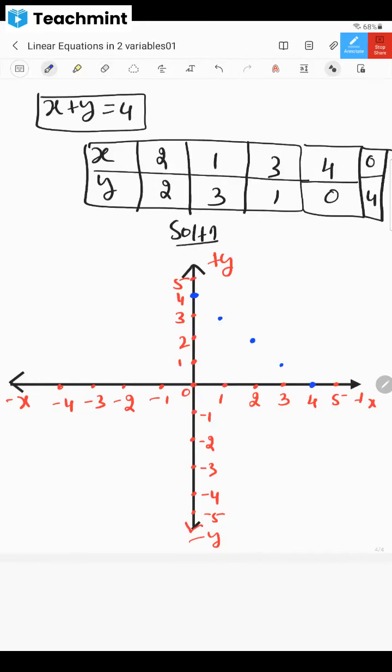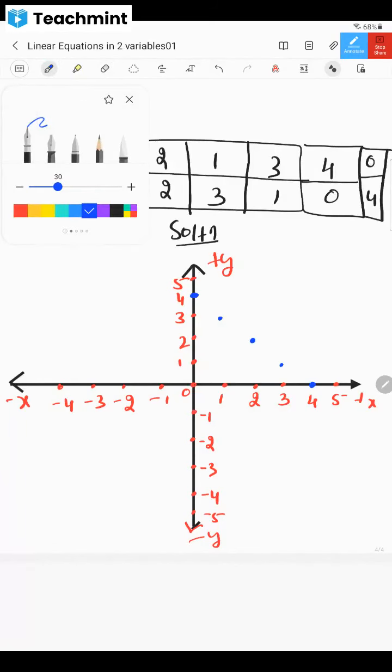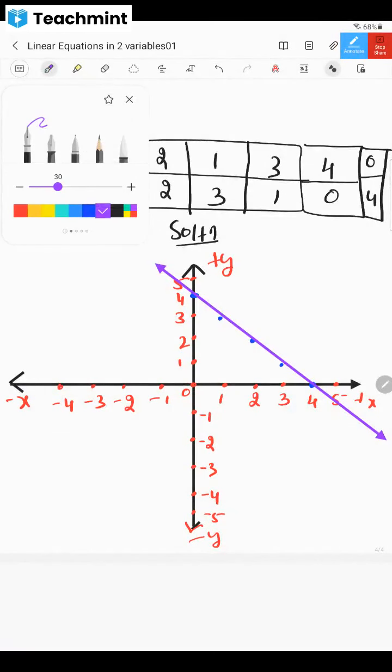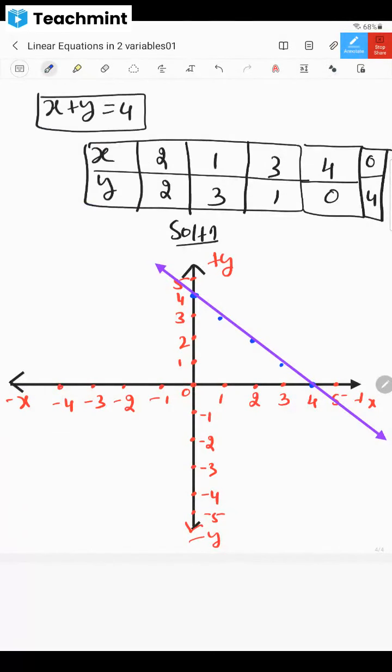Now if you have got all these points, don't you think you can draw the graph, dear children? You are going to draw a graph by joining all these points here. And don't you think you are going to draw one graph like this? Now you may be saying, sir, this point is not coming. No, sir, this point is coming actually, but I have taken all these points randomly. So that's why that point is not coming.